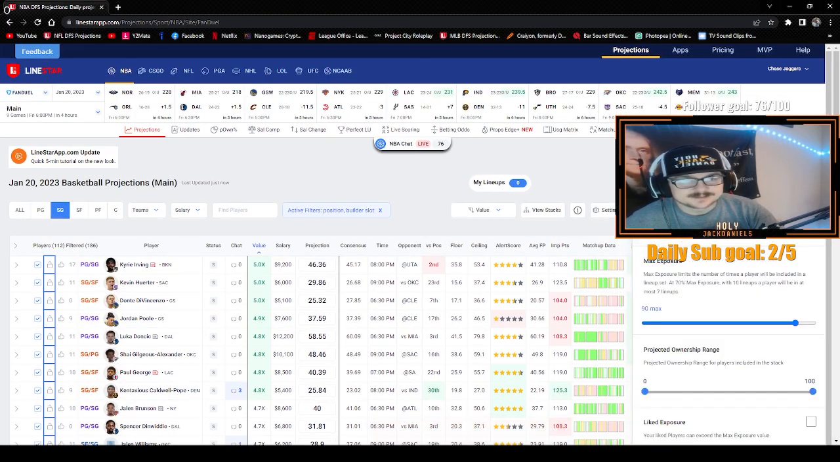Then we move down here to lineup settings. Top one, how many lineups you want to run. Max exposure, how much exposure you want to players that are not locked. Locked players will get 100% exposure, regardless of what this is set at. This is for every other player. So if I ran it and the optimizer really likes Dante DiVincenzo, he will only be in 90% of lineups, because that's what I have the max exposure